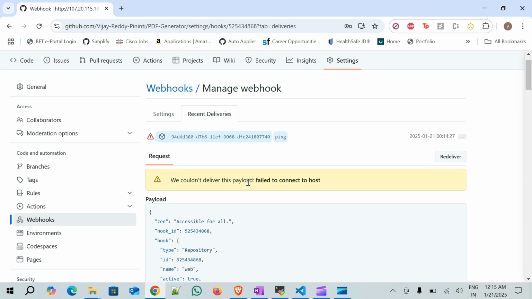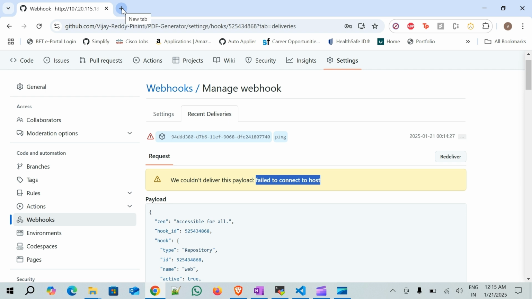We got an error because it says it failed to connect to the host. The issue here is that the Jenkins server is not able to trust our GitHub repository. So we have to whitelist the GitHub webhooks in your